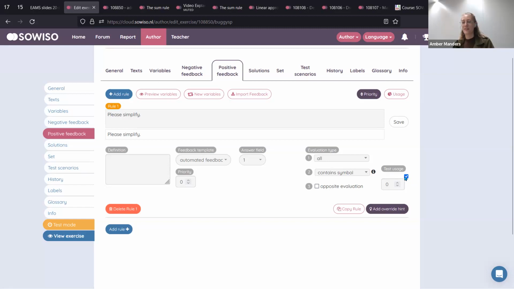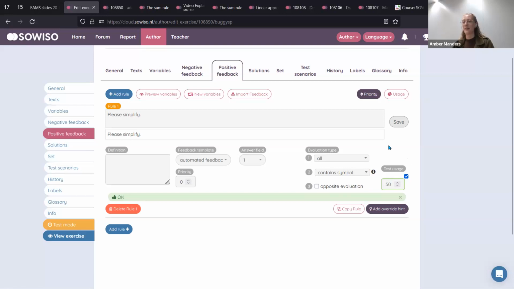If you put in a percentage here, for example 50, then if you would use this exercise in a test and the student would trigger this feedback rule with their answer, they would get this percentage of points for the question.